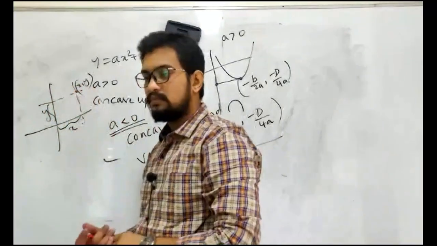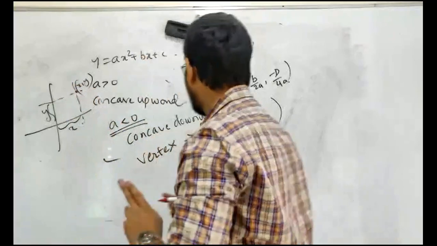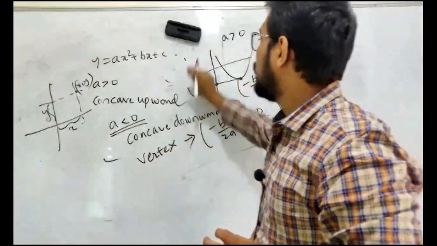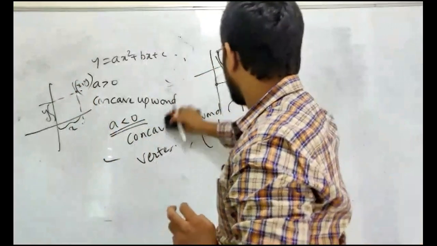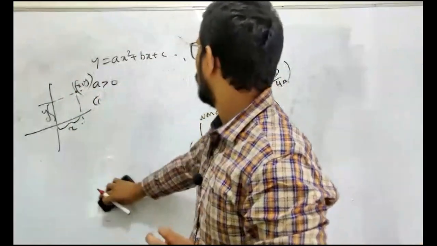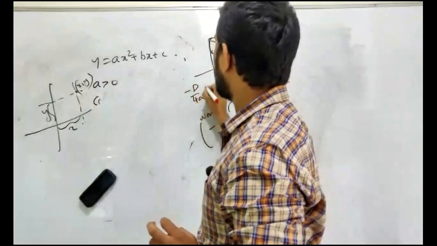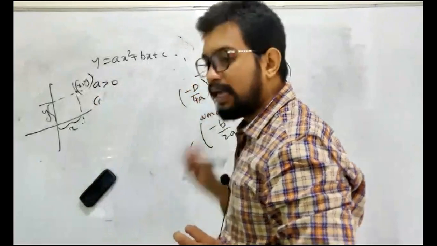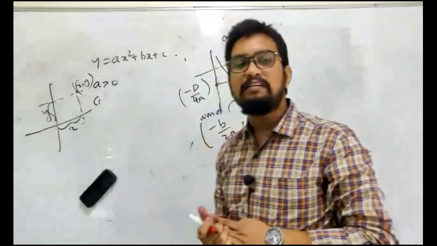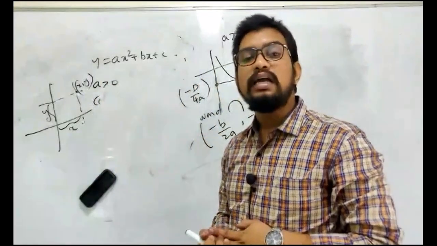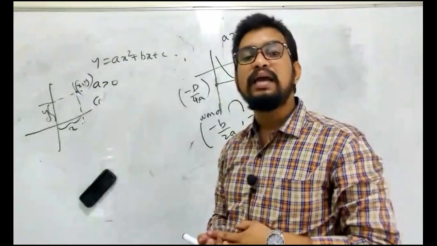That point is your x comma y. Similarly, this is minus b by 2a, this is minus d by 2a. What is this y value now? What is this y value? This y value is minus d by 4a. Whatever y value you are taking, that y value is minus d by 4a.